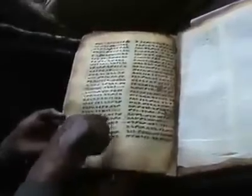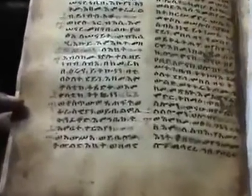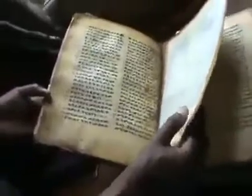Look, the position of these, all the ma and the sa, all this, the ha. All these are completely different from today's Ethiopian law. So this is very important for paleographical study, very important for art history, very important, as I told you, for sociology and anthropology. So that is why this is a mining house. That is why I say that this is a mining house where we can dig a lot of information from